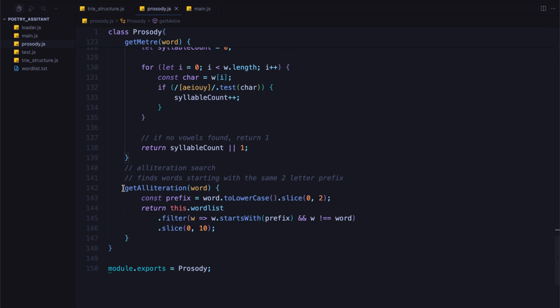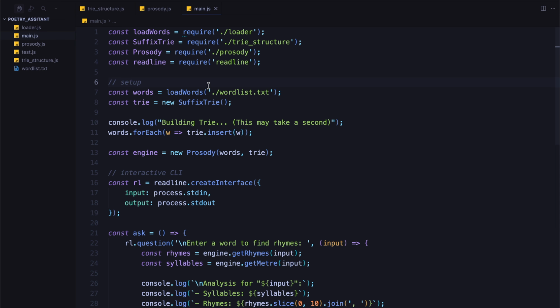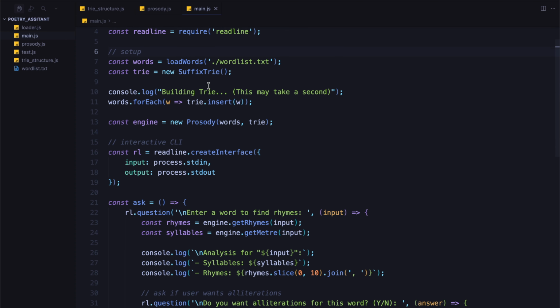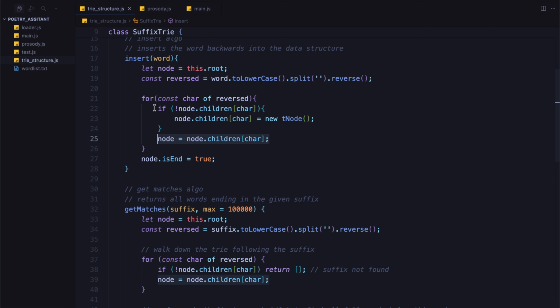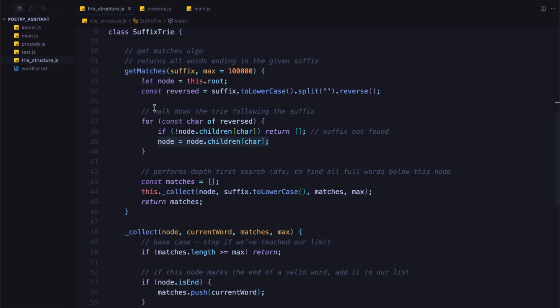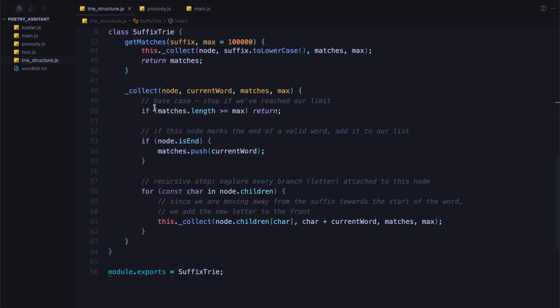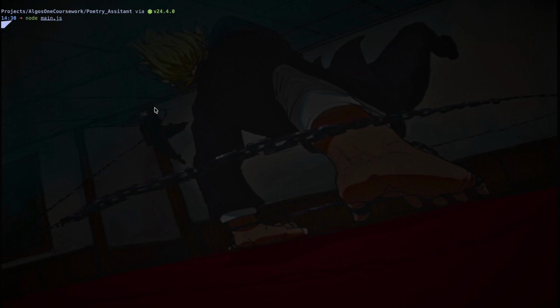And lastly, the getAlliteration function, which is the alliteration search algorithm. In the main.js file, it simply sets up the command line interface for the user with the prompts. And this is the trystructure.js file. If we run the program, it simply builds the trie from the word list, and this happens once at startup